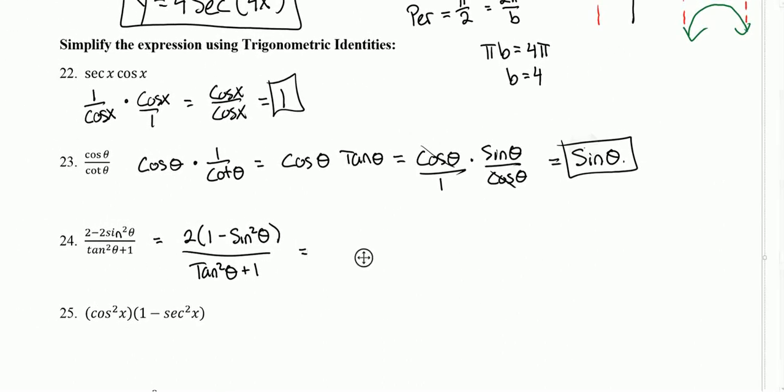One of the basic trig identities is that sine squared theta plus cosine squared theta is equal to 1. And if I subtract sine squared theta from 1, I end up with cosine squared theta is equal to 1 minus sine squared theta. So I'm going to replace that 1 minus sine squared theta in my fraction with cosine squared theta. And we get 2 times the cosine squared theta